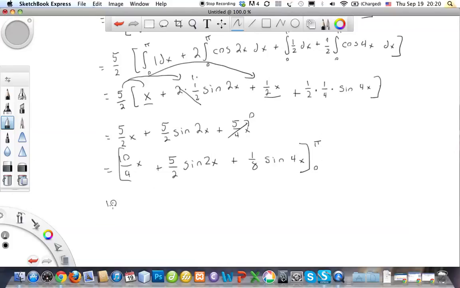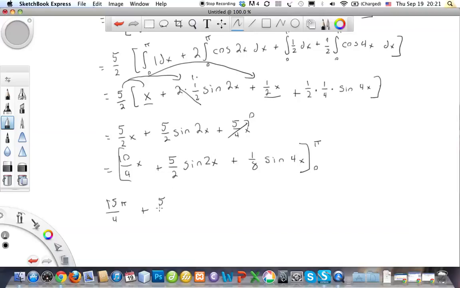So we're going to get 10/4 pi plus, something went wrong over here. So 1/2 plus 1 is going to be 3/2, times a 5/2 is going to give me 15. This is a 15. This is going to give me a 15/4. There we go. That makes sense. Alright, so 15 pi over 4 plus, there could be a lot of mistakes, but